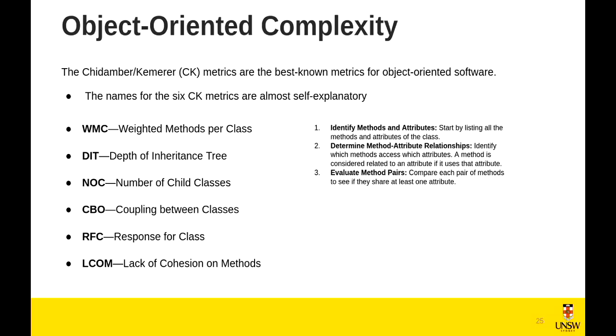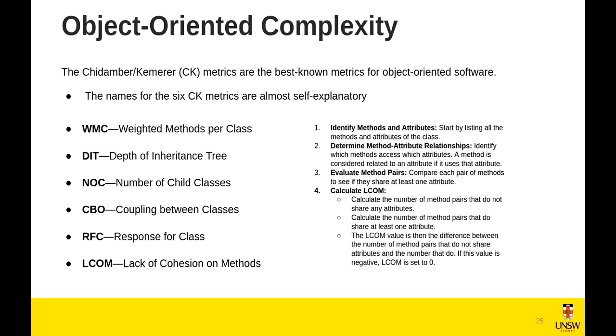So we can see if every two methods share attributes or not, whether they access the same attributes or not. And then we can calculate the lack of cohesion of methods. So we calculate the number of method pairs that don't share any attributes. And then we calculate the number of pairs that share at least one attribute. And the value is calculated by using the